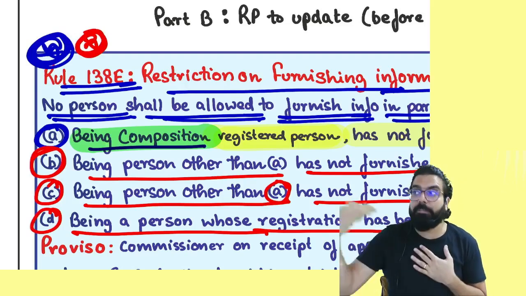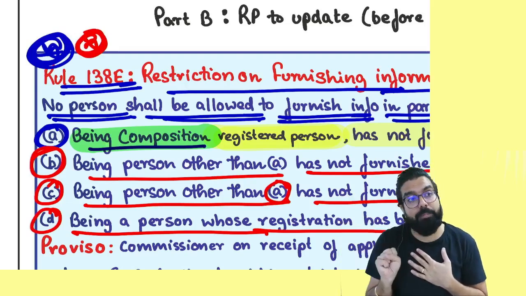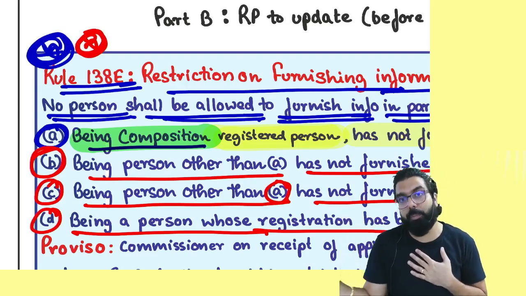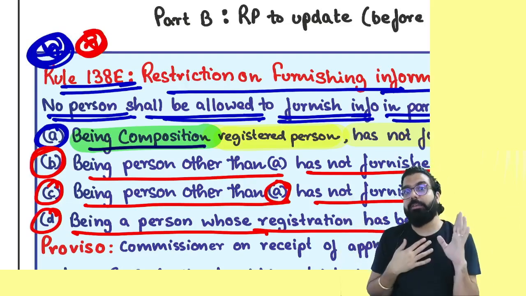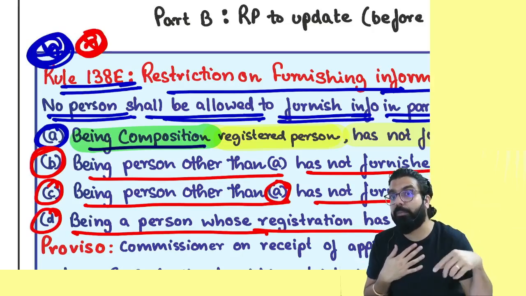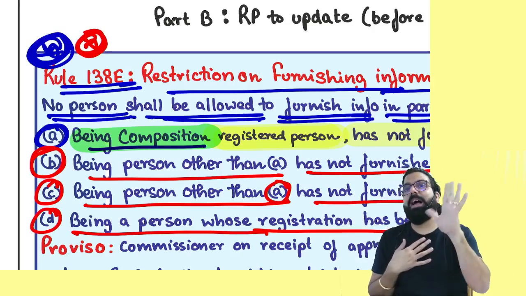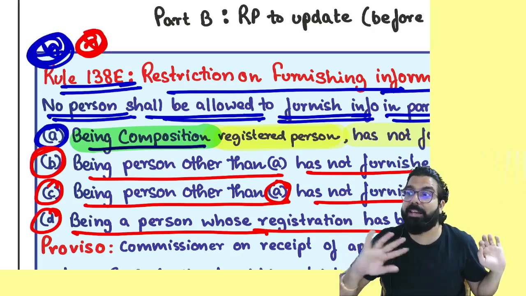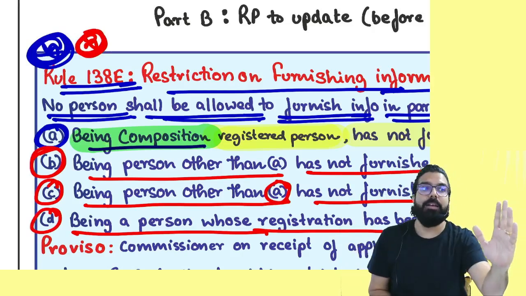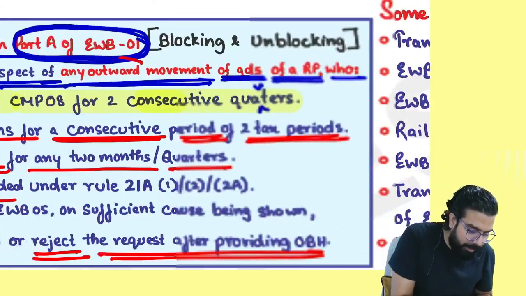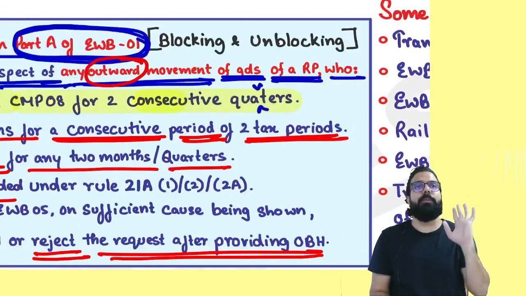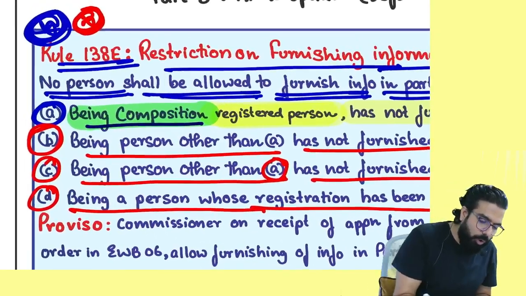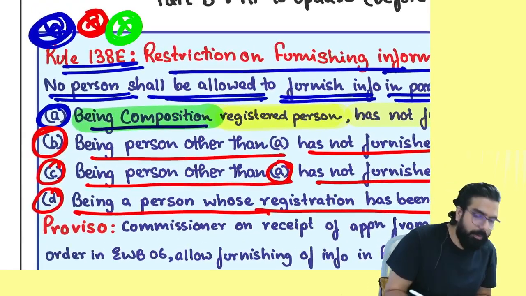Yes. For him, there is no problem. Can I buy from him? Yes. E-way bill can be generated. No problem. Can I sell to Sharon? For my sale, for my outward supply, I cannot generate e-way bill. For my buying, there is no problem. For my selling, everyone remember, for your outward movement, e-way bill can't be generated. Today, go home and do one question on rule number 138E.